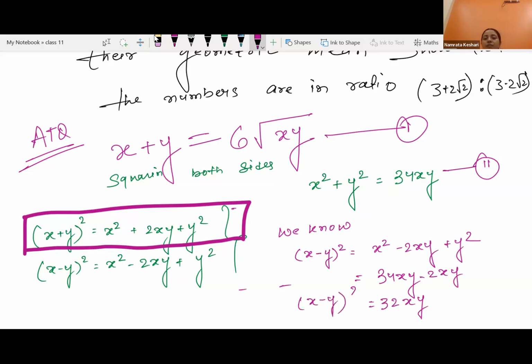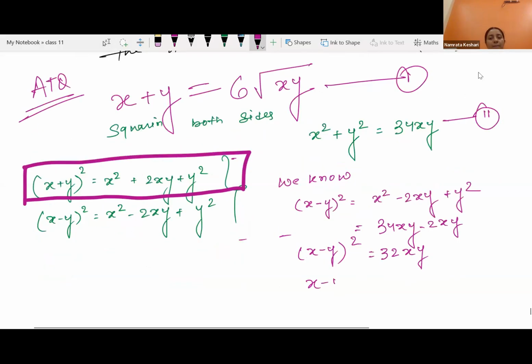No, ma'am. Okay. Ma'am, and what are we getting? From here, we are going to get x minus. Yes. Isn't it 36? Can you please repeat? X square plus y square, isn't it 36xy? No, that is not 36. Okay. That is one step I have skipped. X plus y whole square is equals to 36xy. And then whole square, we have used the formula that